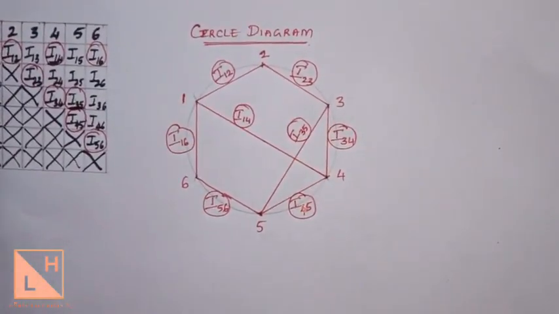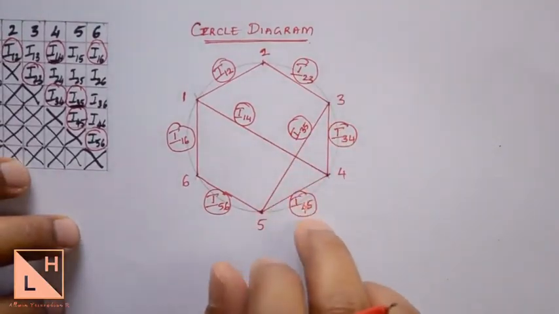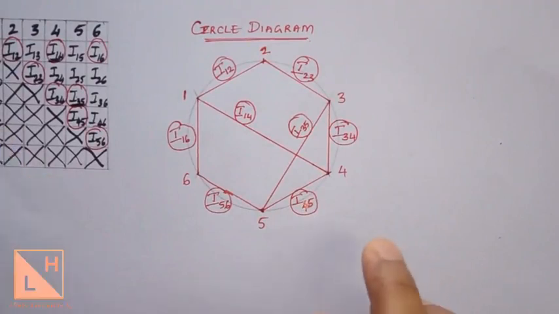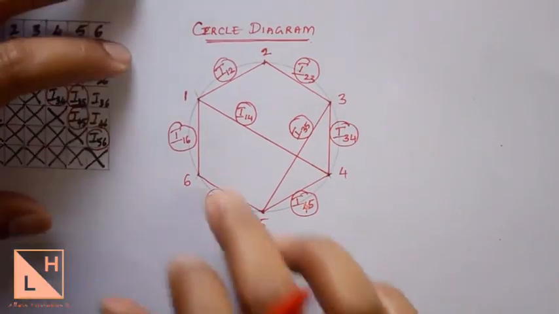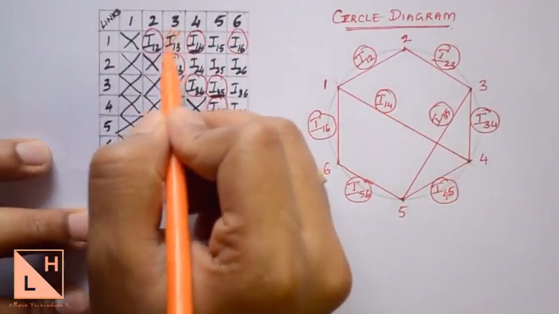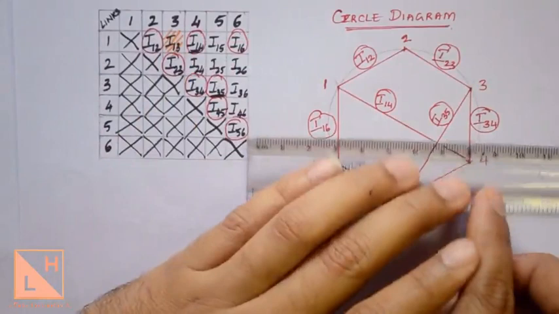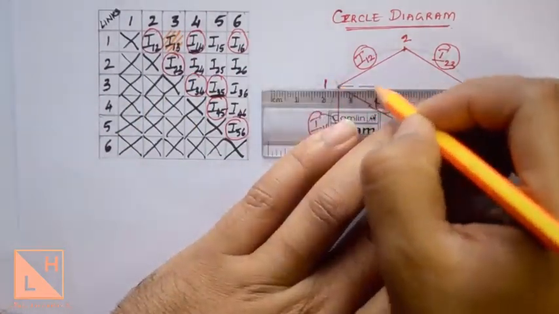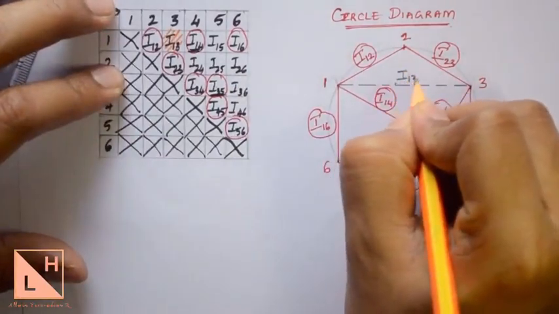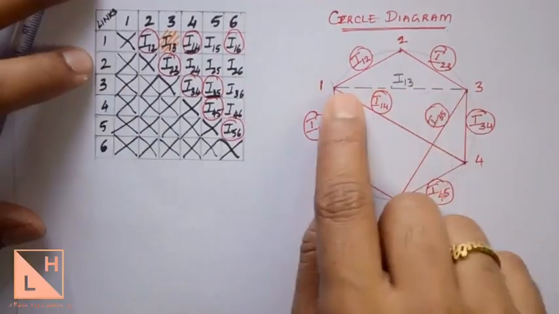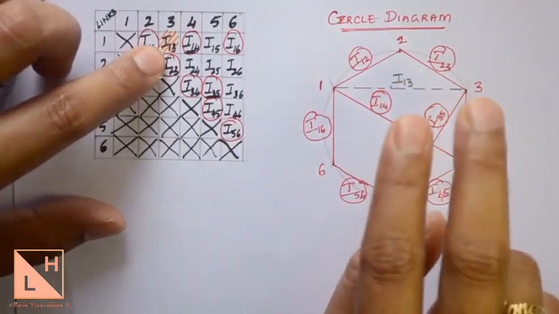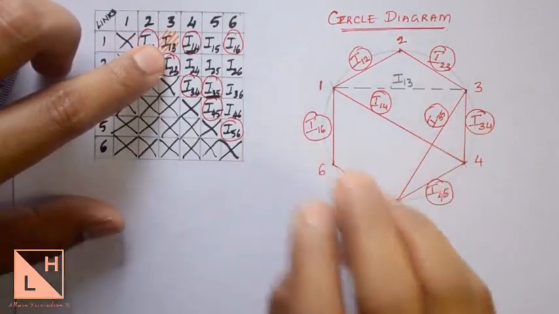So now in the circle diagram we have represented all the ICs that we obtained directly from the mechanism drawing. The remaining ICs should be found by joining the lines or extending the lines from the already found ICs. Now let us select one of the ICs, that is I13 first, and connect point 1 to 3 with a dotted line. So this line will represent I13. Now because of connecting these points 1 to 3, two triangles you will find which are related to I13.